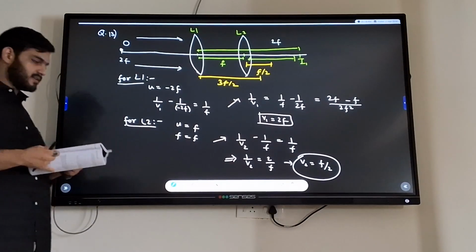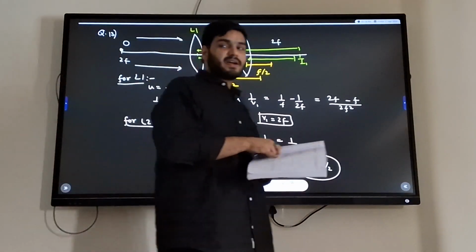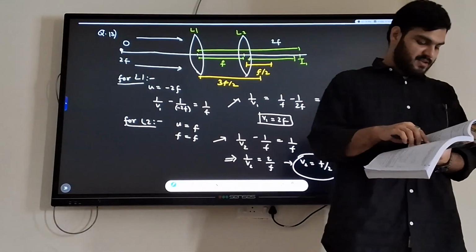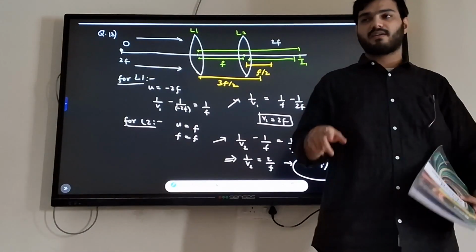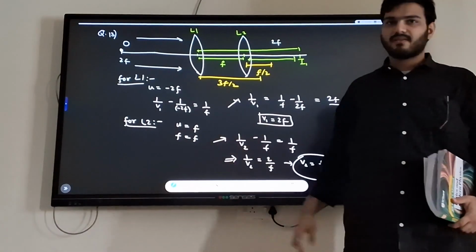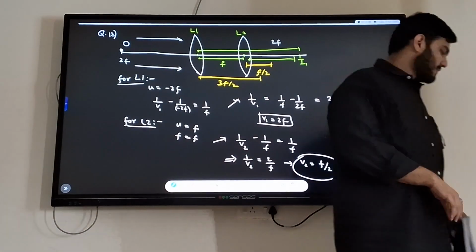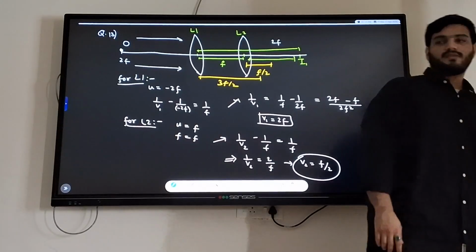Oh, I did not tell you this formula. Leave the final part for later, because I did not tell you that magnifications actually multiply. Leave it for now, okay? Magnification, I'm not talking about anything else for today. So we'll discuss one more